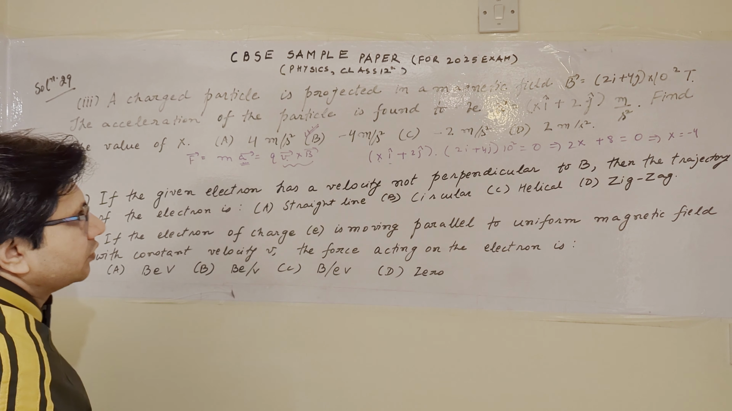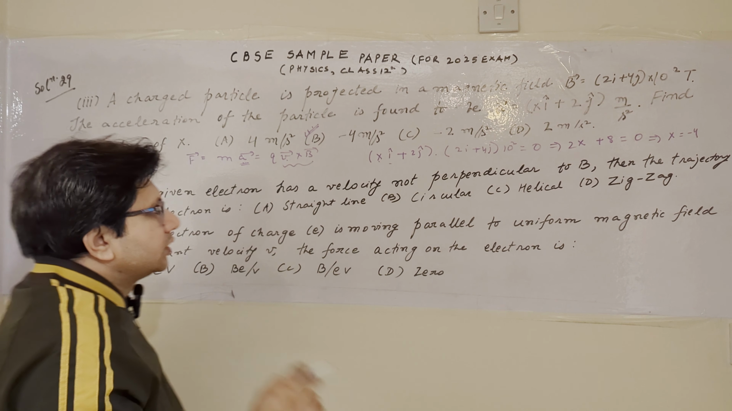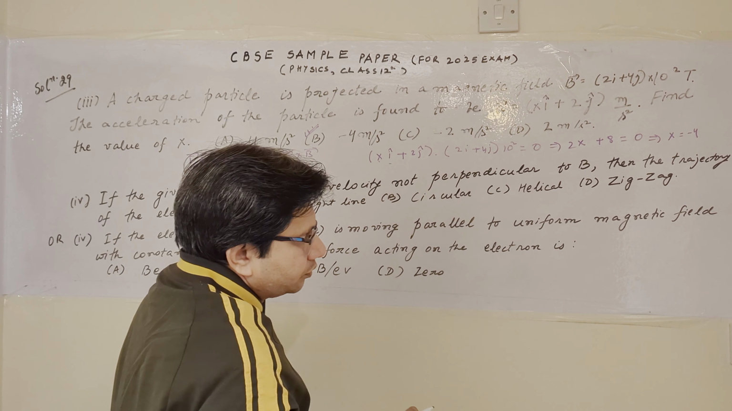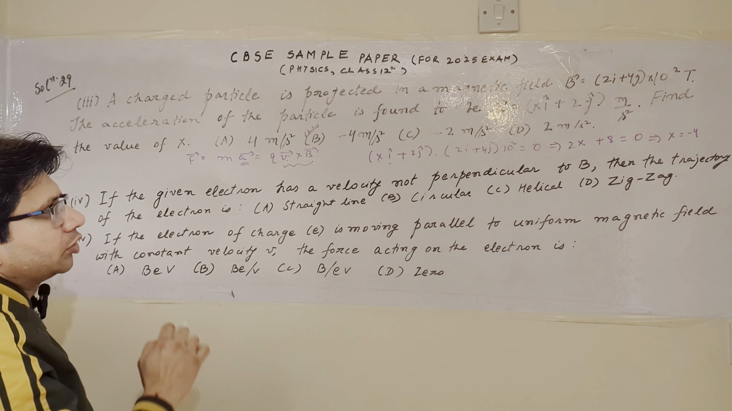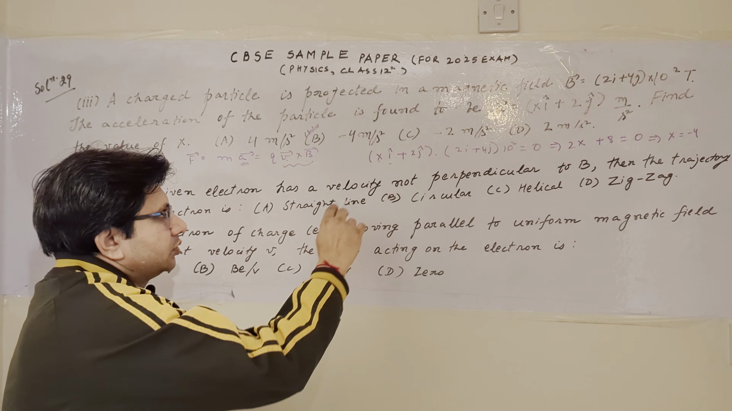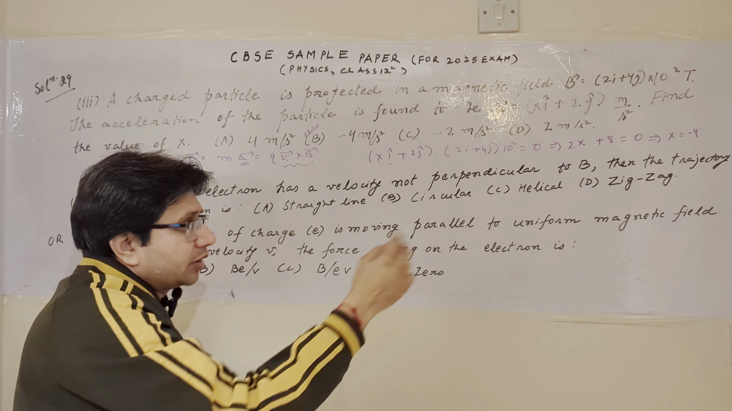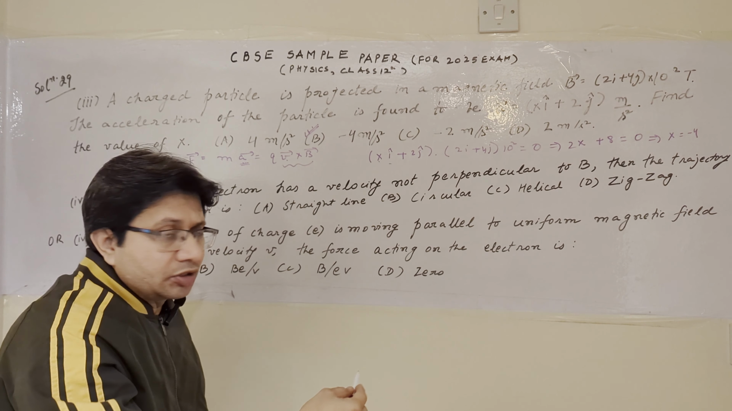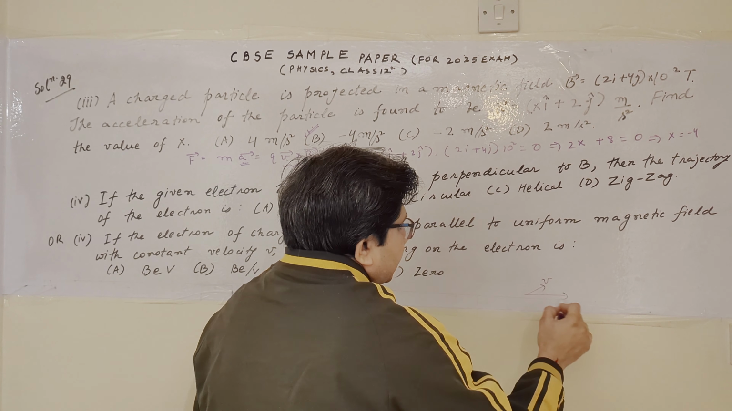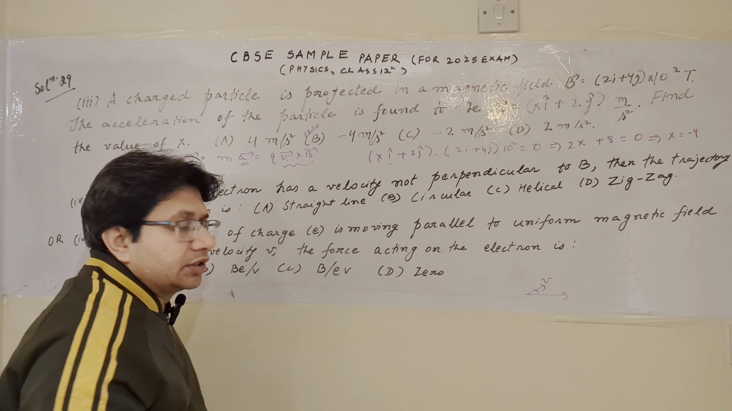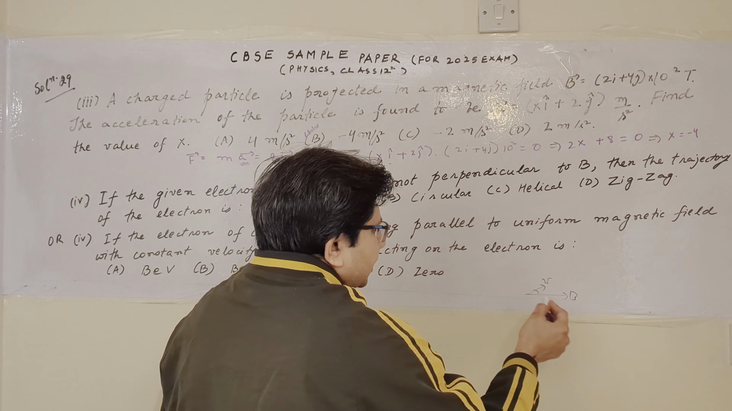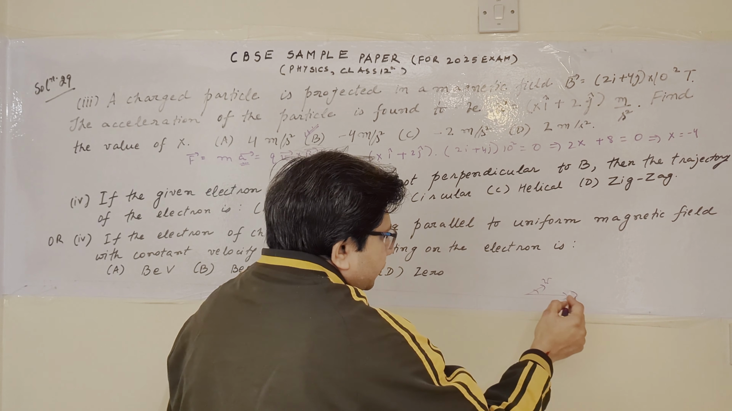Now the next problem, the fourth part of this problem. If the given electron has a velocity not perpendicular to B, then the trajectory of the electron is a straight line, circular, helical, or zigzag. So, in this particular problem, it is said that velocity is not perpendicular. In the case of perpendicular between the velocity and B, the magnetic field, the direction is circular. But if the particle enters the magnetic field with a velocity making a certain angle, not equal to 90 degrees, with B,